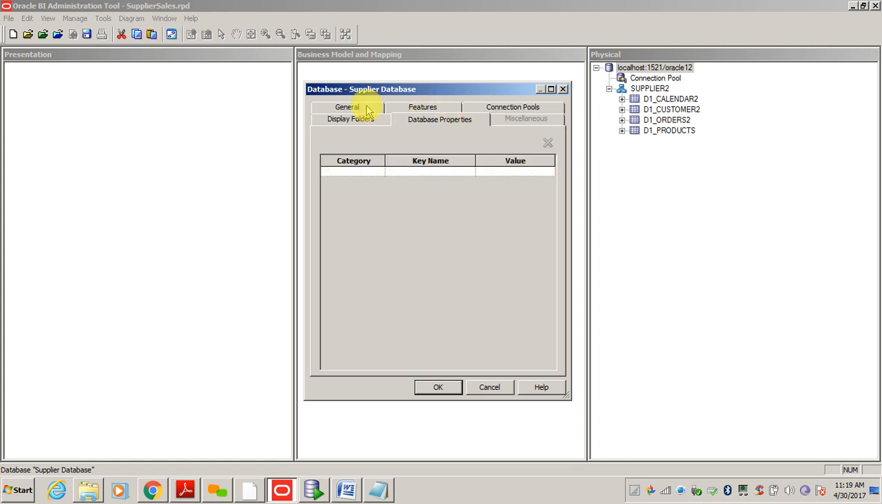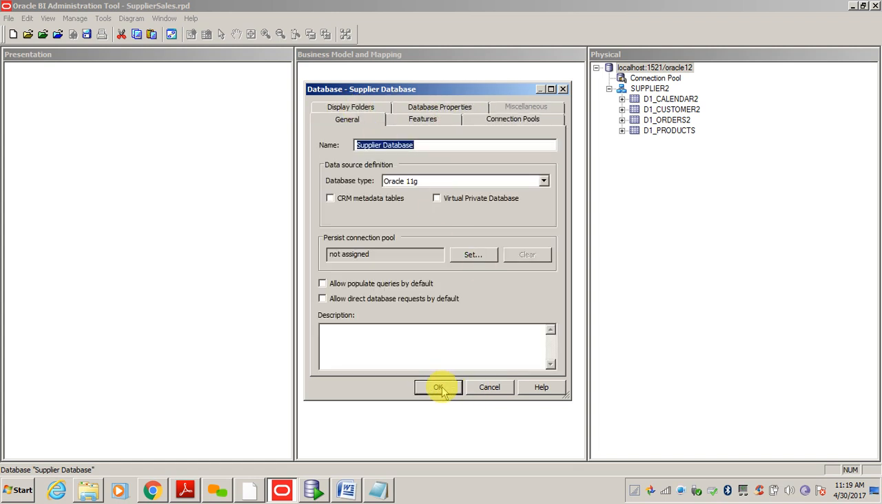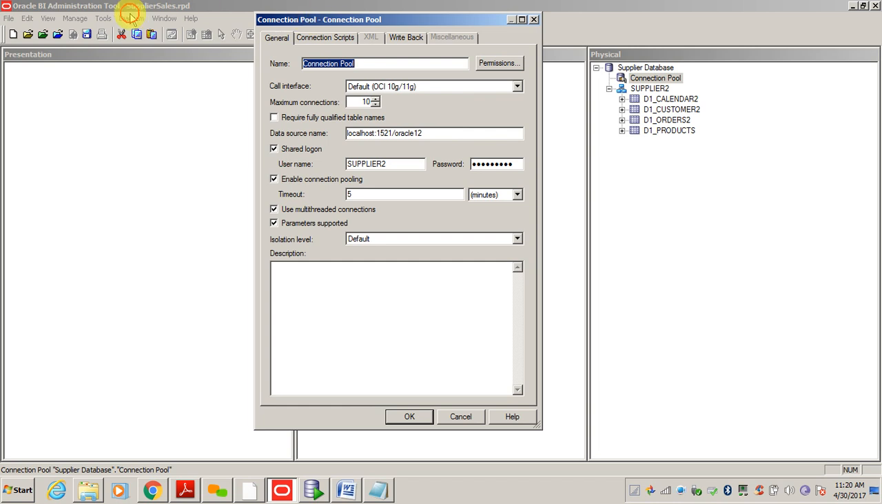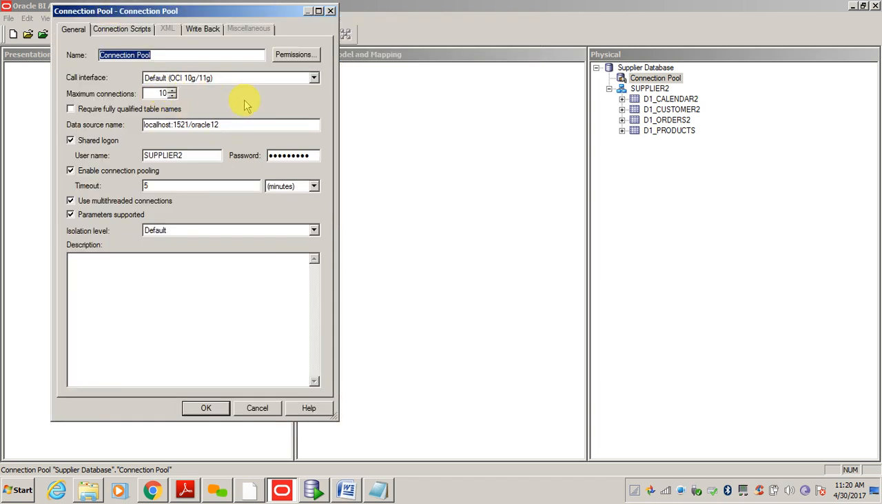Connection pools will be discussed now. Just click OK, and under this database we need one connection pool. Connection pool is nothing but, see, we have the data source name, right? That will be used to connect to the source system or whatever the database. Those details should be stored in some place. That place is nothing but your connection pool,